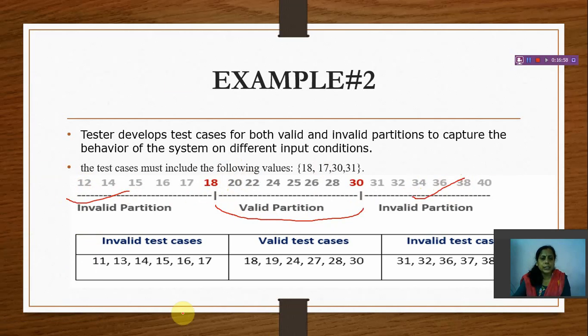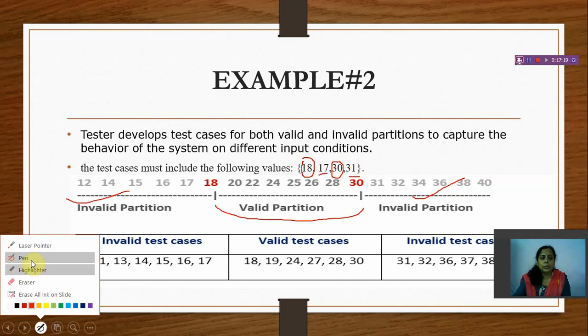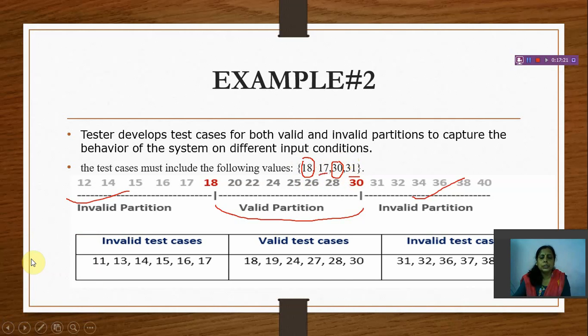So we can design test cases that include the boundary values like 18 and 30, and some invalid values like 17 and 31. So in this way we can check the functionality of the software by using these two methods of black box testing.